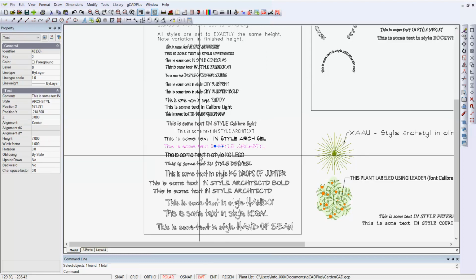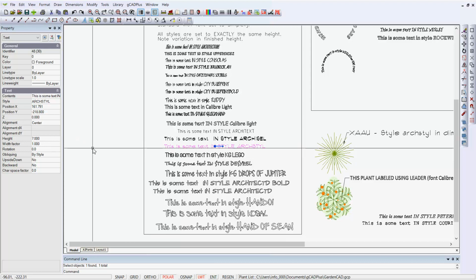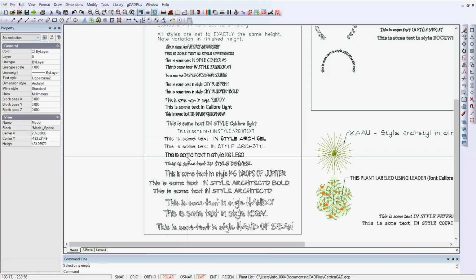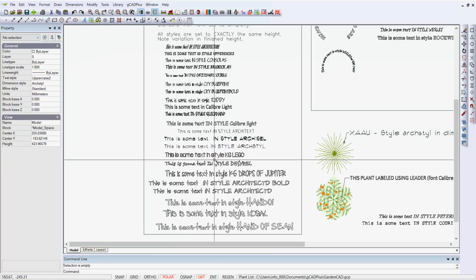Here's some text, let's pick that one. That's an architectural style lettering called Arc Style, and it is a height in this particular drawing of 7 units, whereas this one here, which is clearly larger, is also a height of 7 units,